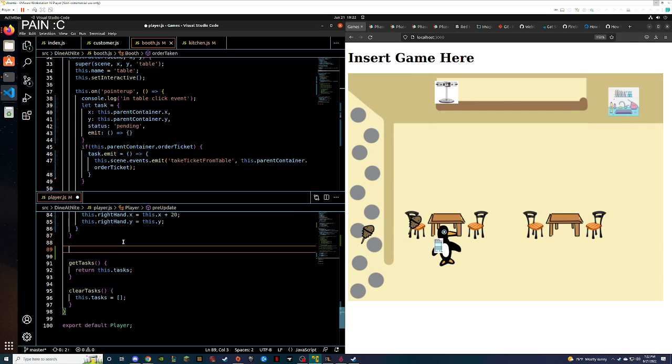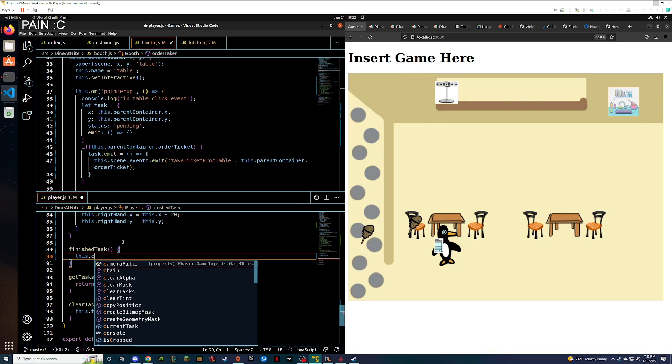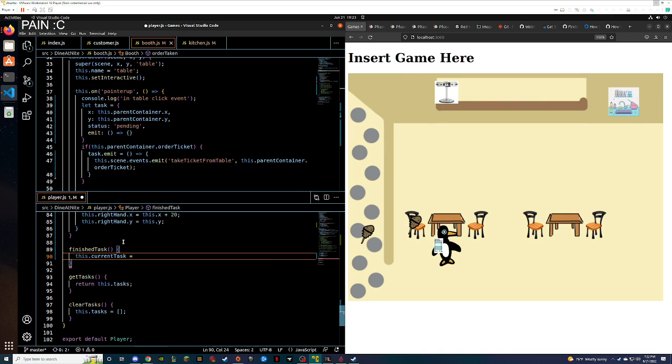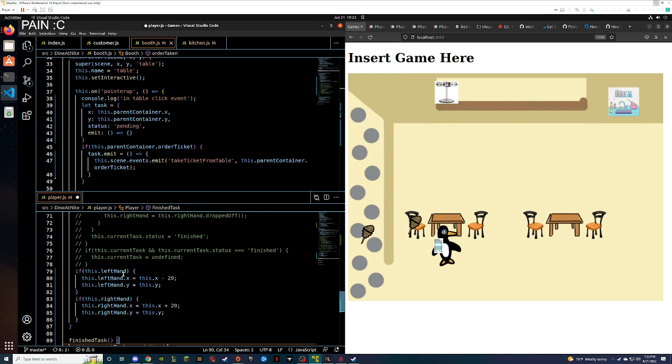Yeah, we're gonna make a function. Finished task. This dot current task equals undefined. Because then it's saying pretty much the same thing, it's just we're not checking it every update.